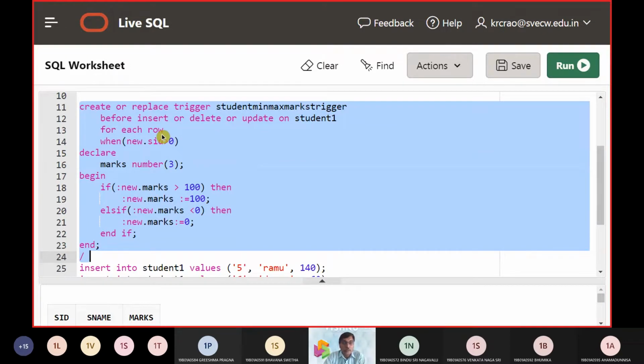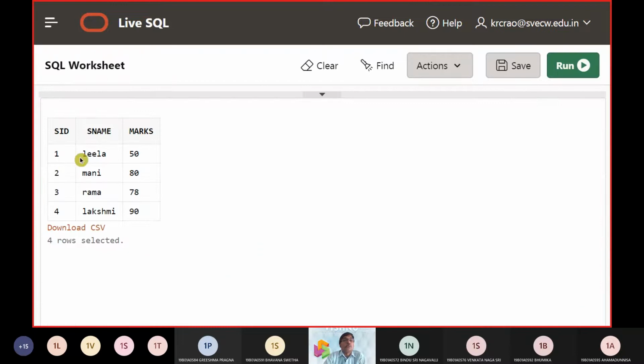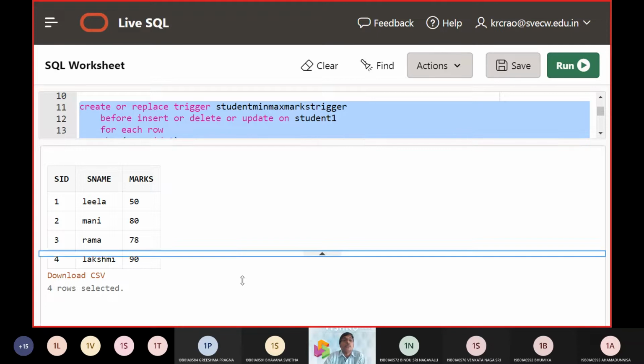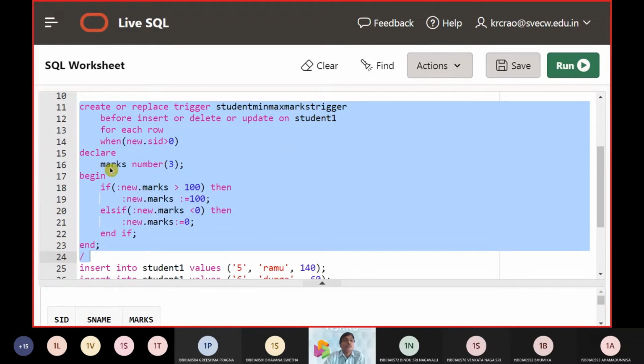Therefore we call it a row level trigger, and it is checking whether the student ID is greater than 0. Yes, 1, 2, 3, 4 are all greater than 0. Now you declare a local variable called marks of data type number. Then it takes begin and end.